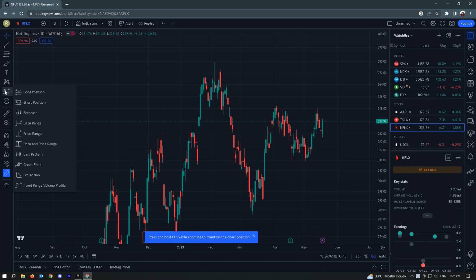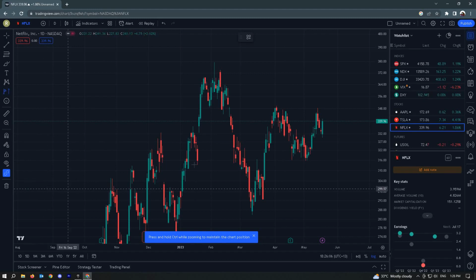So when you click on this icon, you'll be able to see the fixed range volume profile. So when you click this, you'll be able to select one point and another point where you can add your fixed range